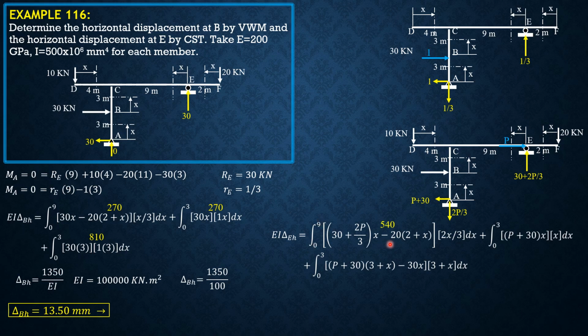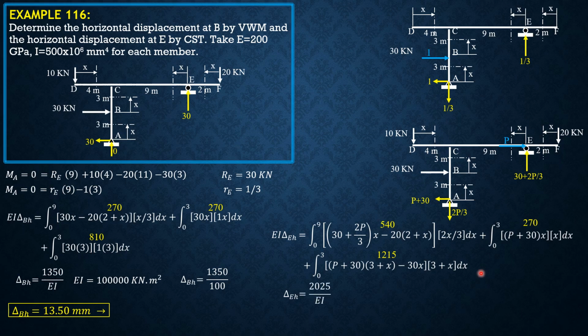So the value is 540. Here, the integral is 30x squared, 0 to 3, so it is 270. Here, the integral is 0 to 3, 30 times 3 plus x minus 30x, or this is 90 times 3 plus x. So 0 to 3, the integral is 1215. Combining,